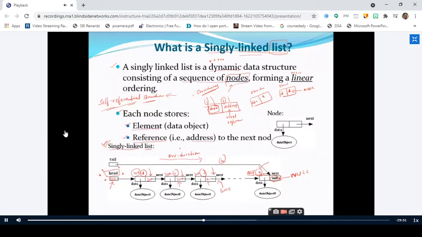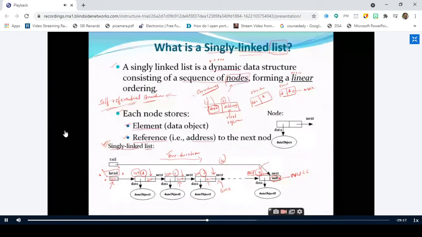We cannot say it is left to right or right to left or top to bottom or bottom to up. We have to say that a singly linked list allows the user to traverse, not travel. It's a new terminology you have come across. Traversing means visiting each and every node only once. So a singly linked list allows programmers to traverse the linked list in only one direction. Why? Because we have only a single link. So we will be traversing from the first node to the second, second to third, like that, in a sequential order. Is it clear?